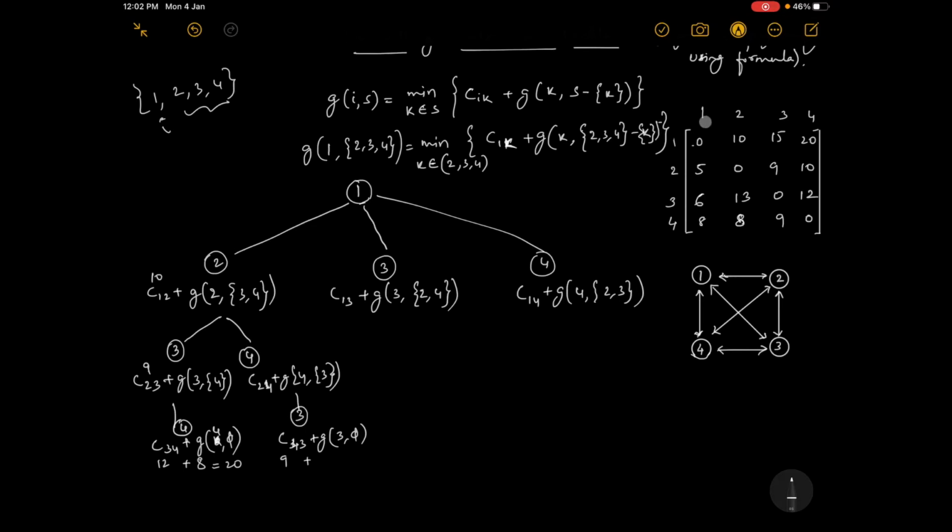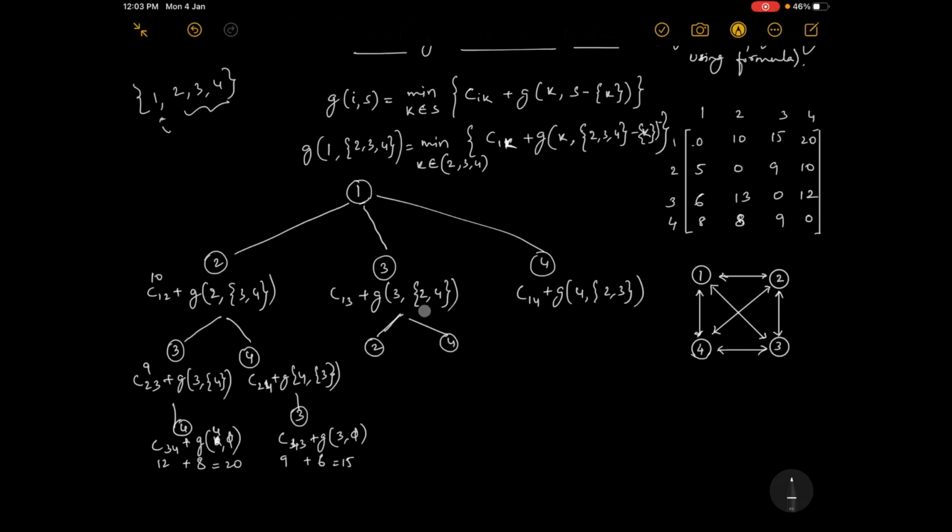3, 5 is the initial position, so 1. So 3 to 1 is 6, which is 50. Okay. Now we'll take this. Either from this position we can go to 2 or we can go to 4.